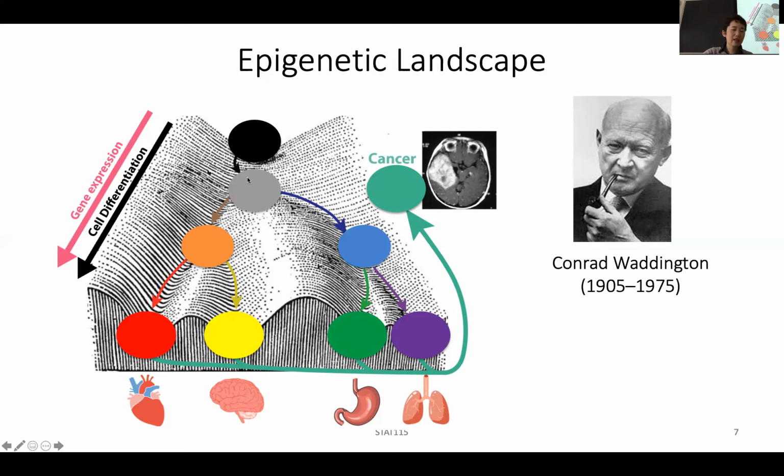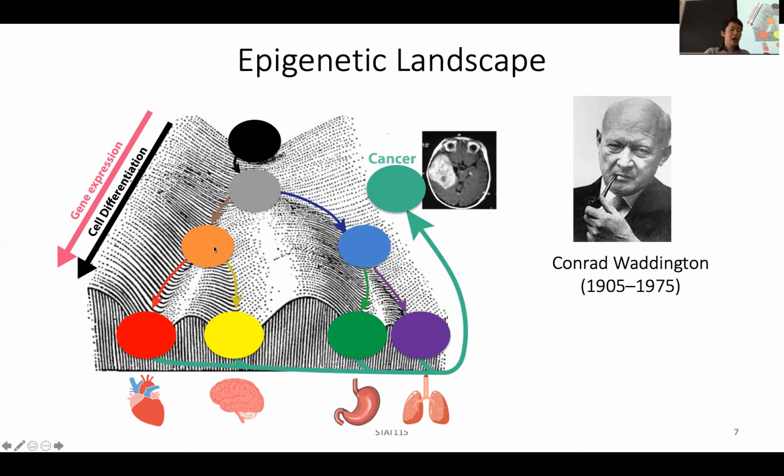But then as the cell differentiates, at some branch point, it will have to make some decisions. Does it want to go to the hematopoiesis side, or does it want to develop into muscles or some bones or different organs or tissues, right? So the cell has to make some decisions. And once the decision is made, very often, the cell will just keep going down.